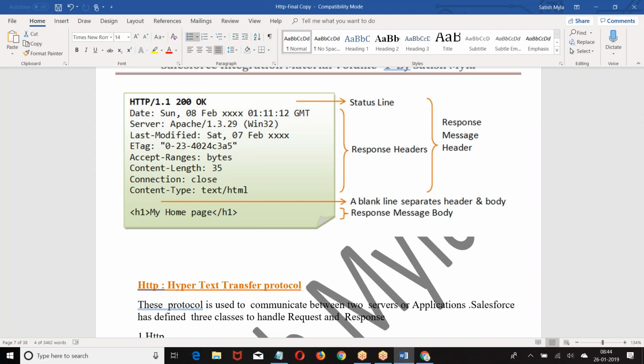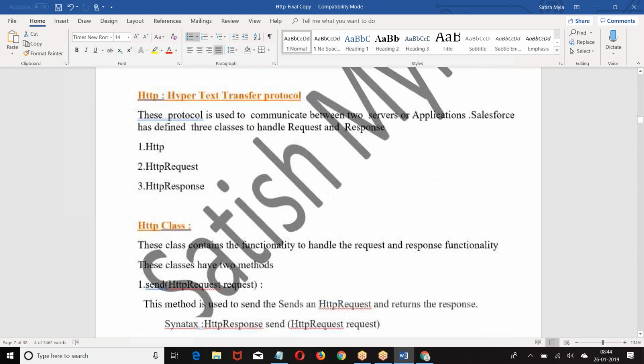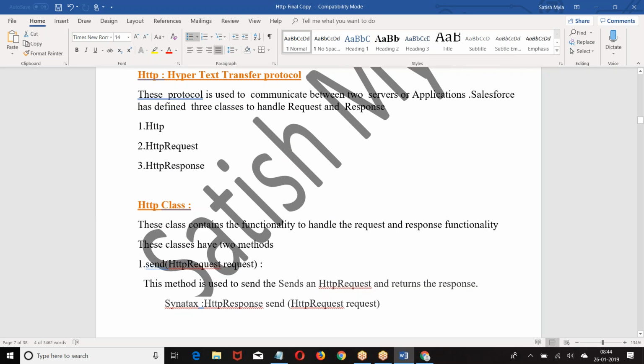Look at the response line: HTTP 1.1 is the protocol version, 200 is the status code, OK is the message. Then we have the other information in the header and body. I hope everybody has got basic information about the HTTP protocol.